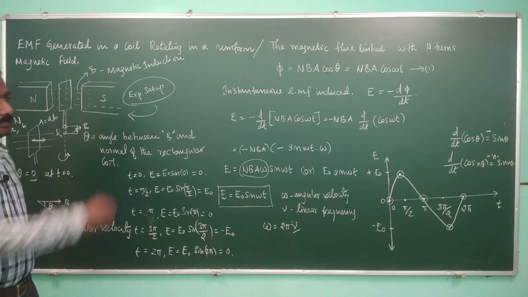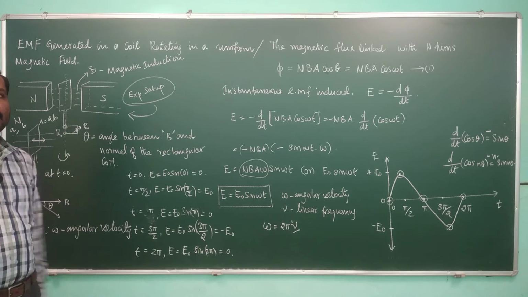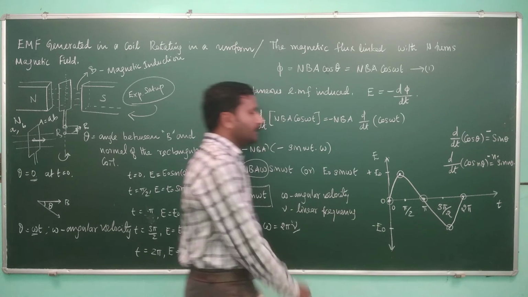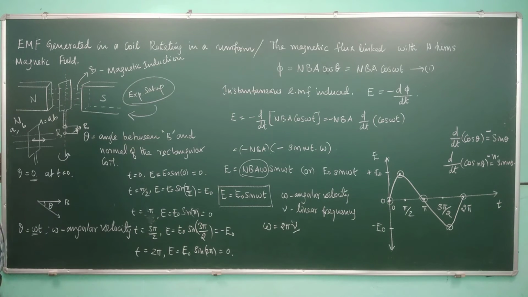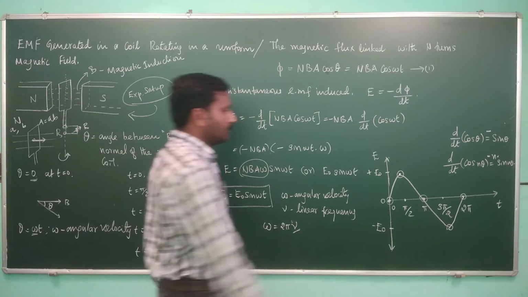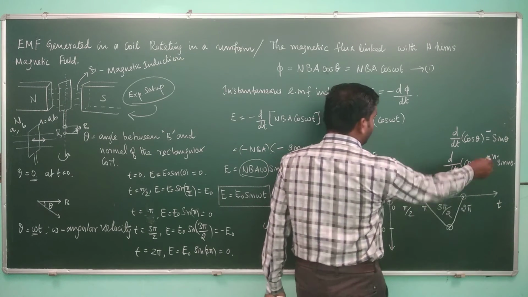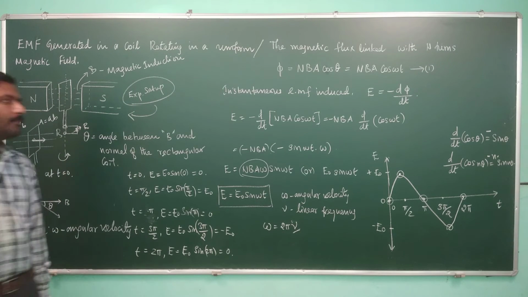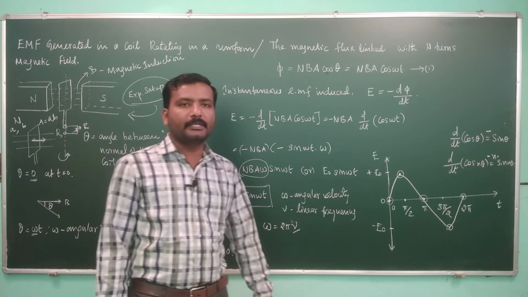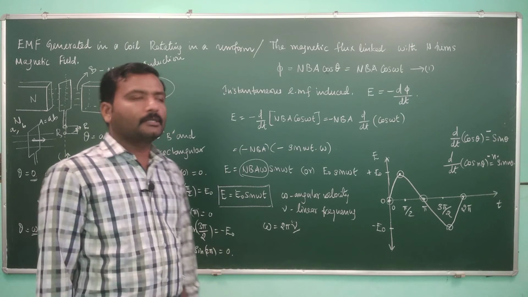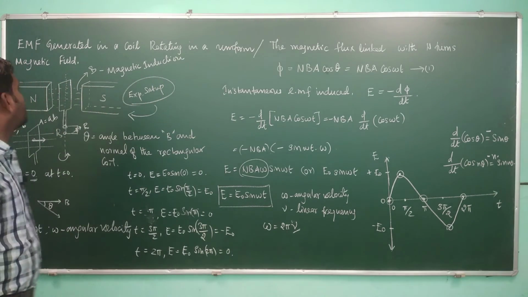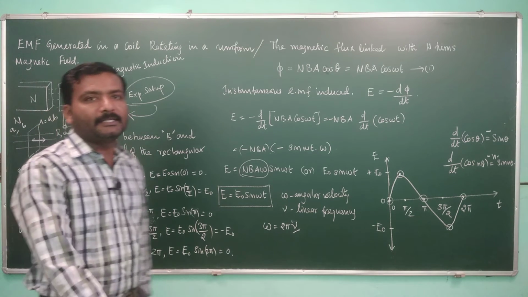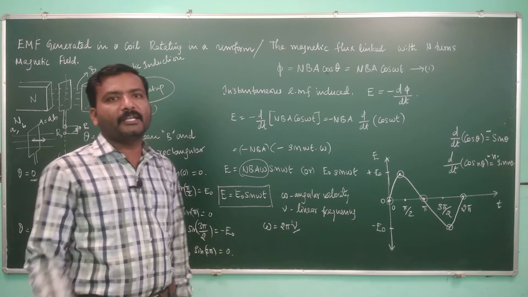If you connect these points, it creates a sine wave starting from 0, and it keeps on going if you increase t, which implies that the induced EMF is not constant. The value is ever changing over time. If the induced EMF or induced current looks like this, then it is called alternating voltage or alternating current. So the EMF generated in a coil rotating in a uniform magnetic field is an alternating EMF, that is, it is varying with respect to time.